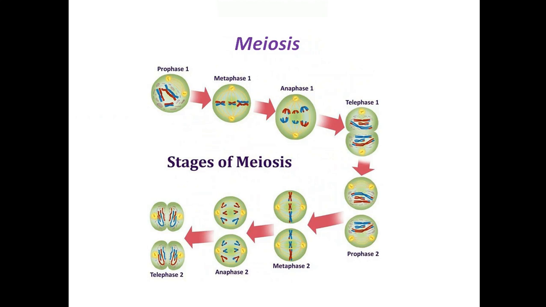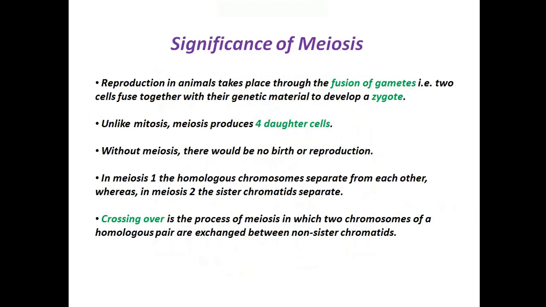This is the entire process of meiosis. See how it starts with just a single cell in prophase 1, followed by metaphase 1, then anaphase 1, and finally the telophase 1. After telophase 1, cytokinesis takes place, and gives rise to 2 daughter cells. These 2 daughter cells are used in prophase 2, then metaphase 2, then anaphase 2, finally the telophase 2. After telophase 2, again cytokinesis takes place, giving rise to 4 daughter cells, which marks the end of the process of meiosis. Let's look at the significance of